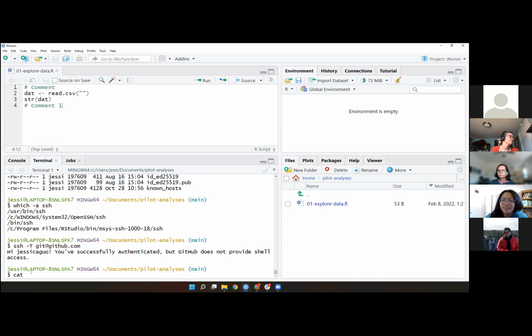By the way, concatenate is also what the C in R stands for, right? When you do C and then put a bunch of things in a list or in a vector together. So, okay, we're going to do cat, and then